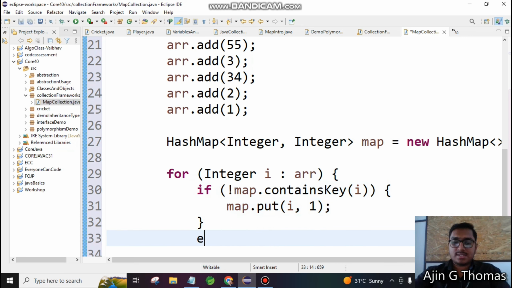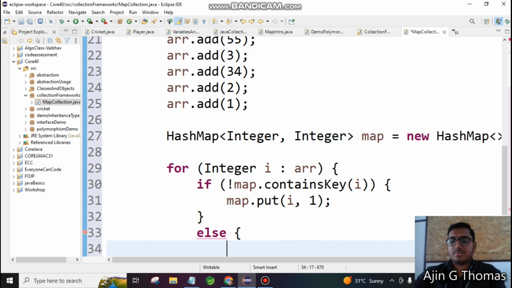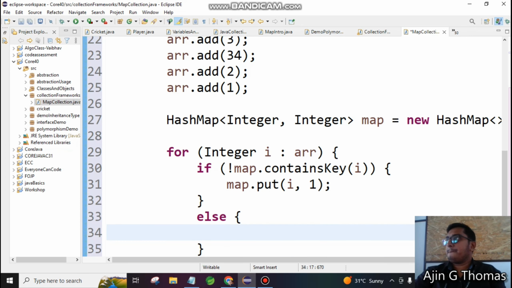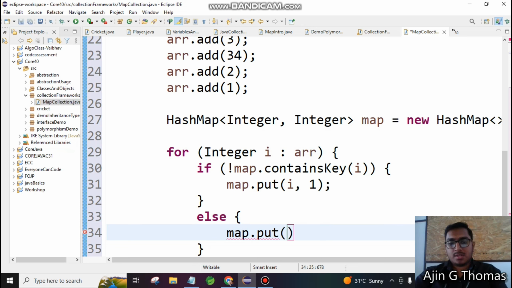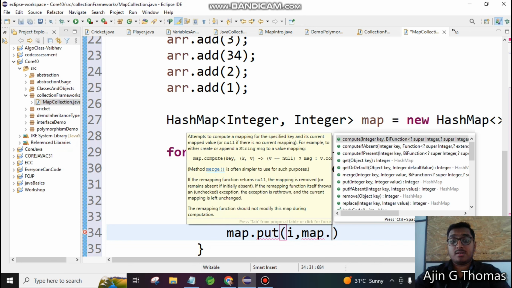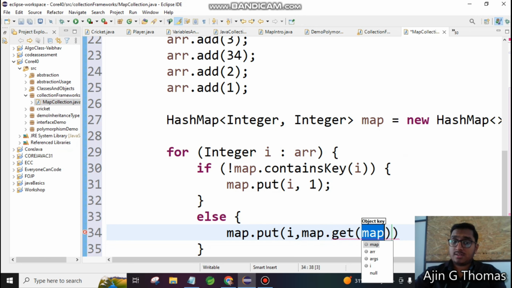Then else, what we have to do? map.put(i, ... this is the problem, right? How we can get the value of i? map.get